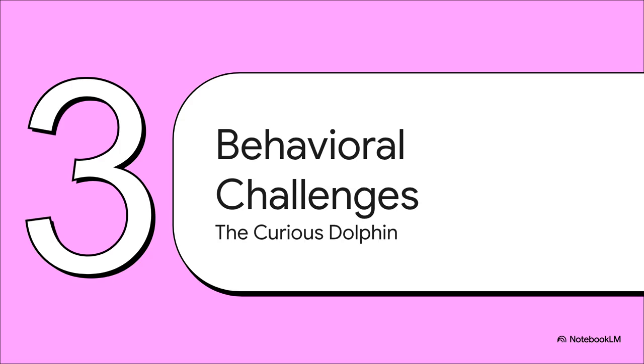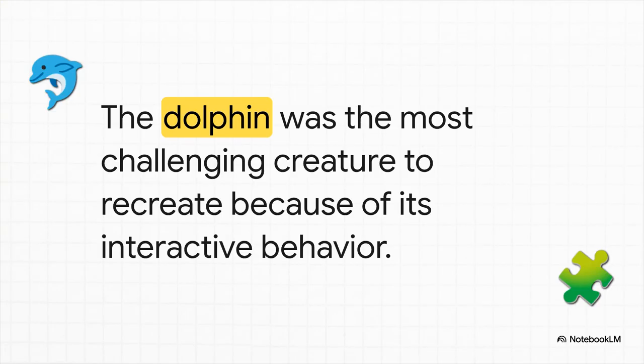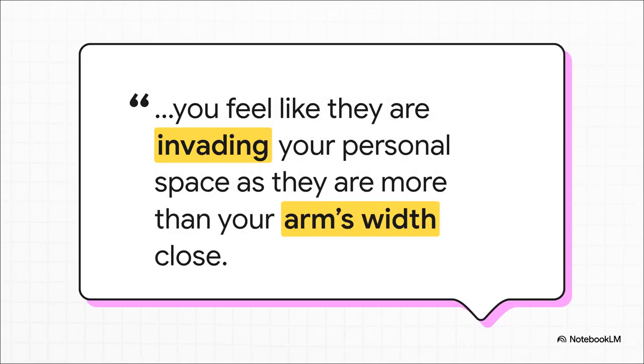The first, and maybe the trickiest one, was just programming the AI to behave in a way that felt believable. And one animal in particular turned out to be a massive puzzle. And that was the dolphin. You'd think maybe a great white shark or something would be harder, right? But nope. It was the social intelligence and the sheer curiosity of the dolphin that created this really unique problem for the AI. And here's why.